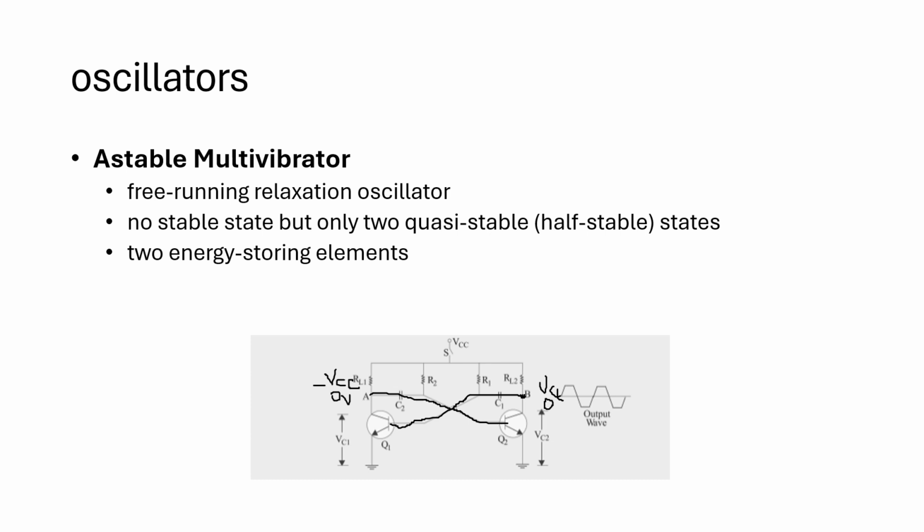Q1 becomes forward biased again and starts conducting, and then Q2 becomes forward biased again and starts conducting. So every time our output is at Q2, we have a positive going waveform, and every time our output is at point A, we have a negative going output. So that is how an astable multivibrator functions. So how fast, or what is the frequency of oscillation, or what is the width of our positive and negative pulses here?